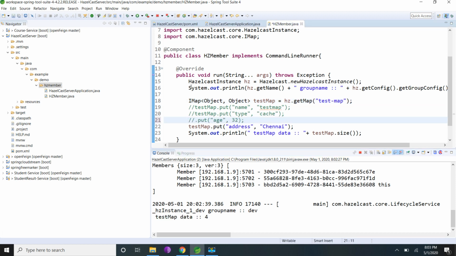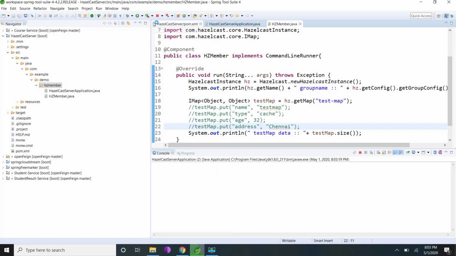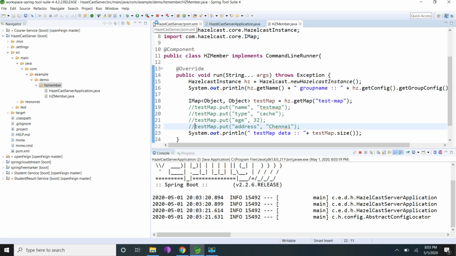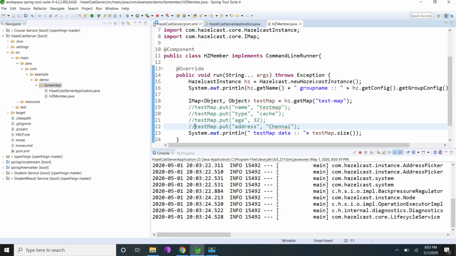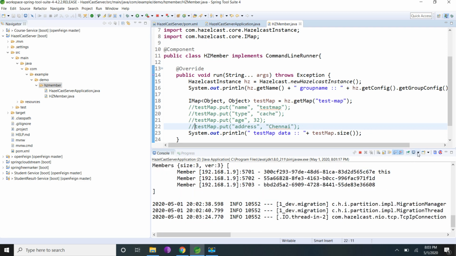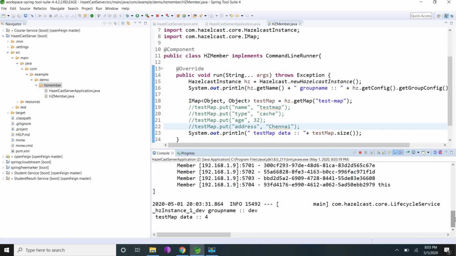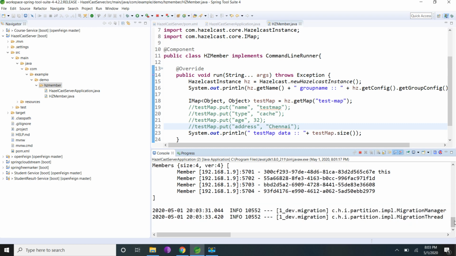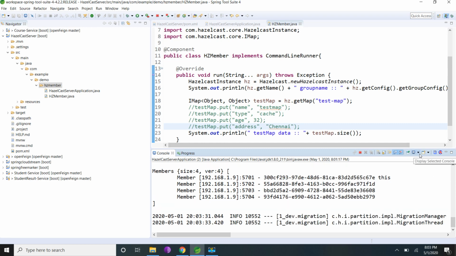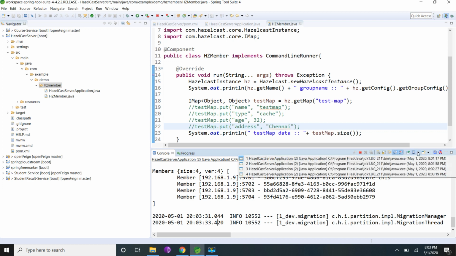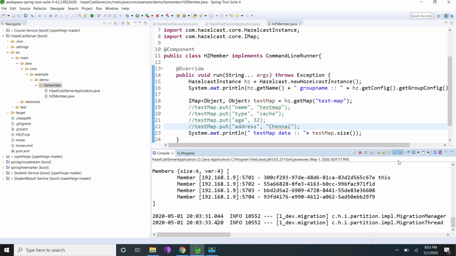If I comment this and if I start one more node also, the size will be 4. I should be able to retrieve the data. So I'll start one more node. So now we will be having 4 instances of Hazelcast. Yeah, now 4 instances, and the map is having 4 elements. For example, I'll bring down the first node.